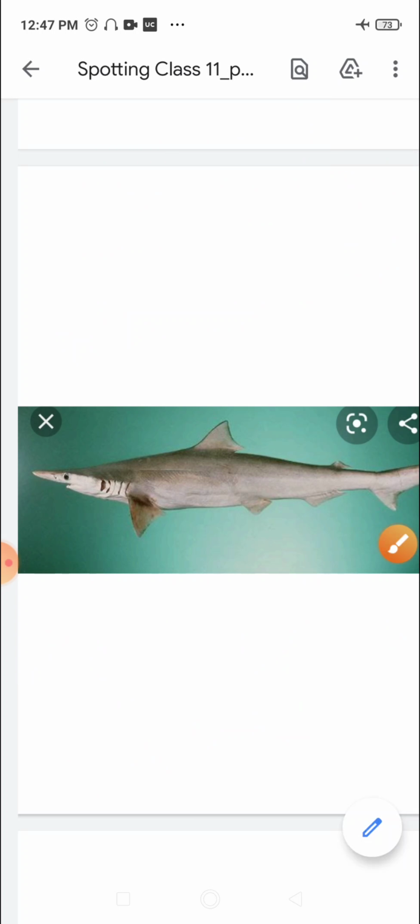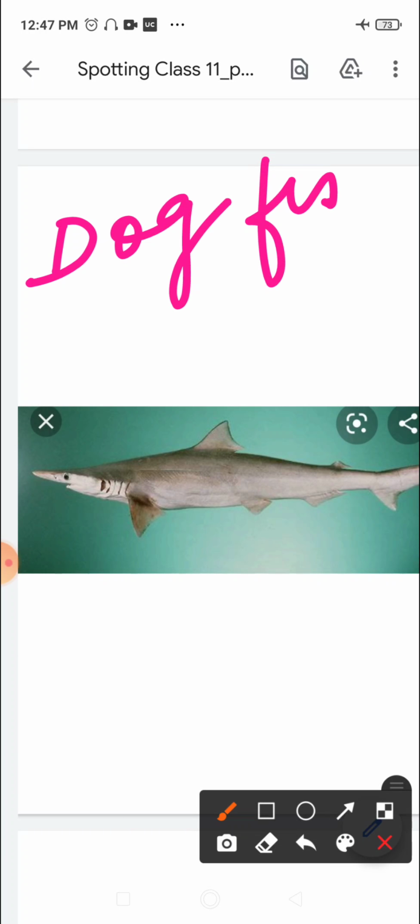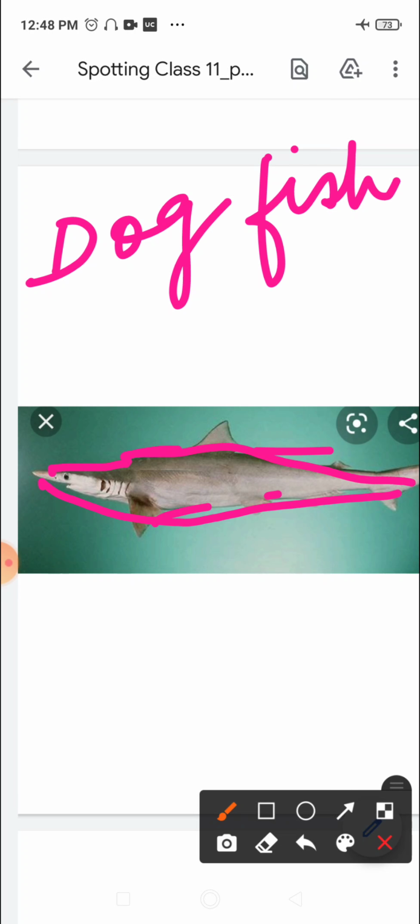Dogfish is the common name of this organism, right? Commonly known as shark, it is also found in the coastal waters of India. It has a somewhat laterally compressed body. If you see, the body is flattened or compressed, right? Laterally compressed, spindle shaped. Now if you look at the shape here, tapering at the two ends and broader in the center, that is a spindle shaped body,